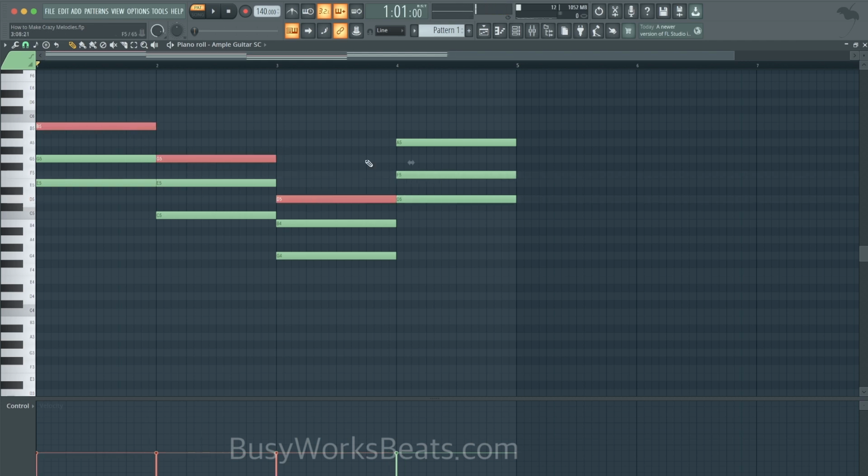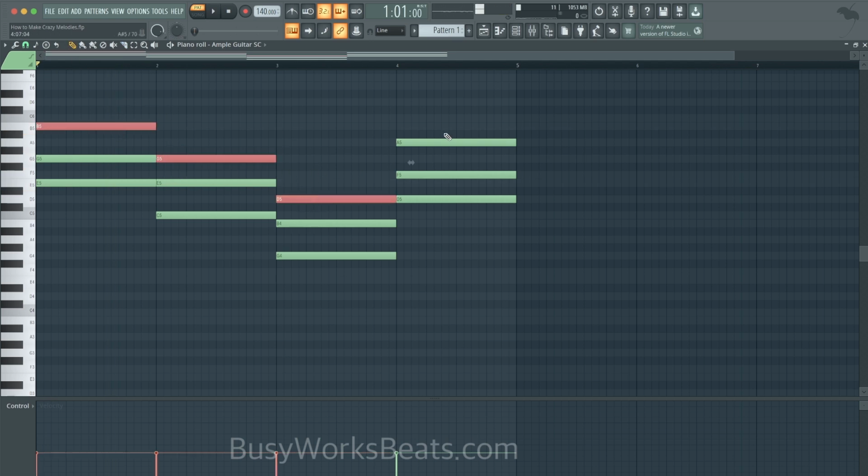So let's solo these and let's hear these. That's really what our ear is listening for. So let's hear it in context. Now again, the voicing changes per octave for this specific plugin. Okay, so let's get into deeper music theory and then we'll move into the melody making.